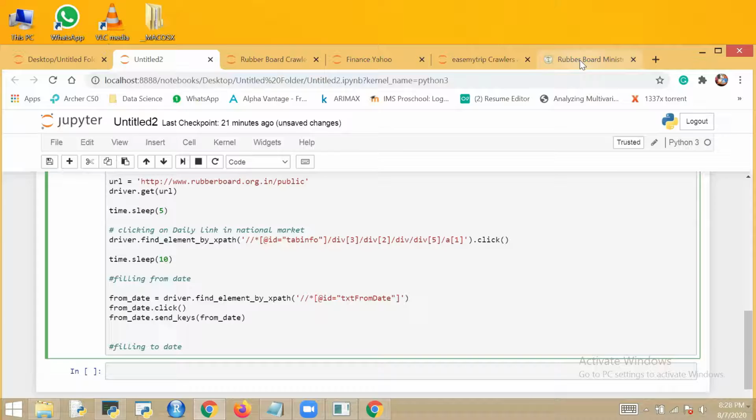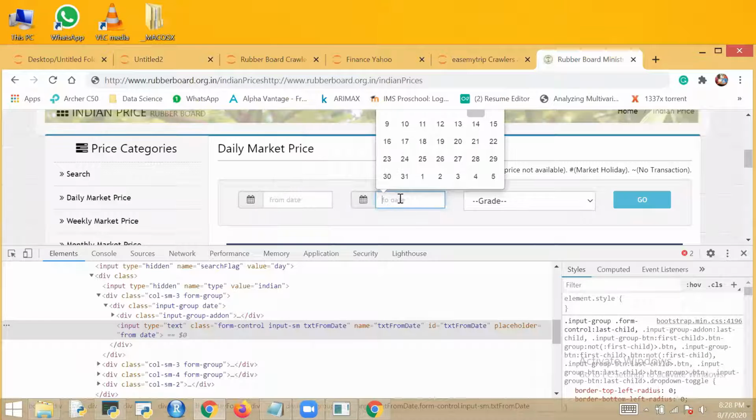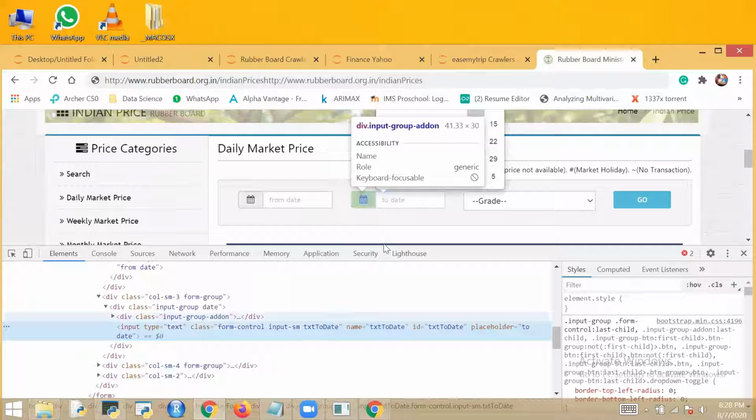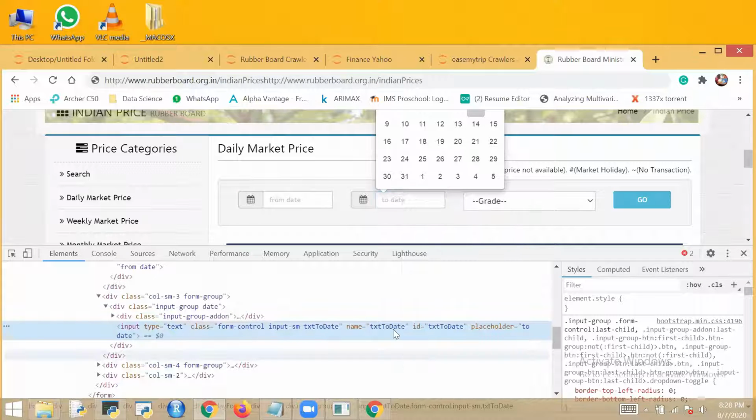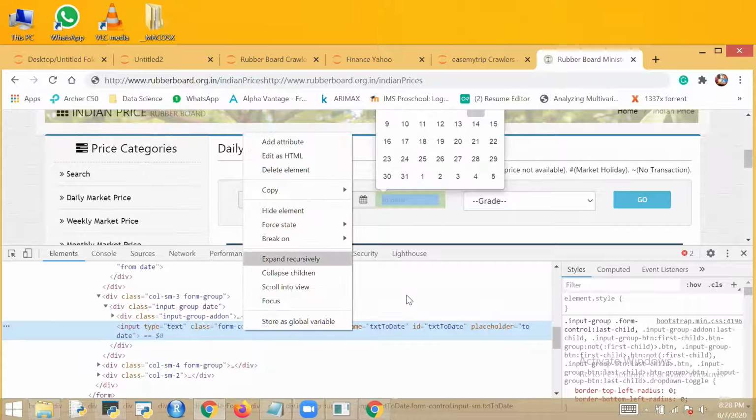Now similarly we will fill to date. How to do that? Before filling, we need to click on it, inspect the element. If you are not getting it at once, again click and do inspect element, it will highlight. Inspect the element and again right click on it, copy its XPath.